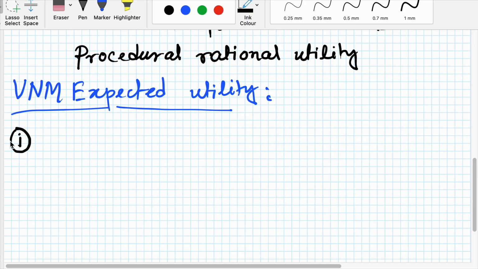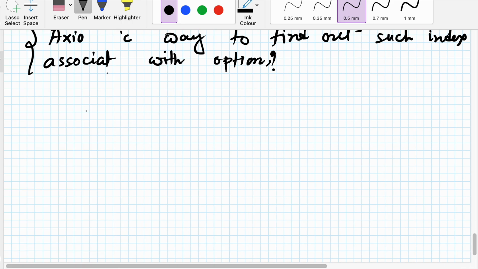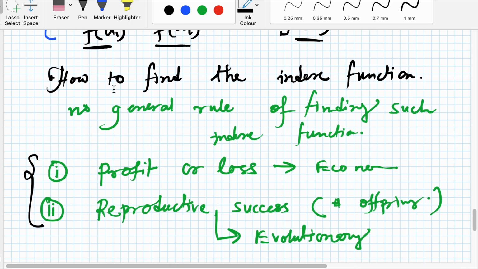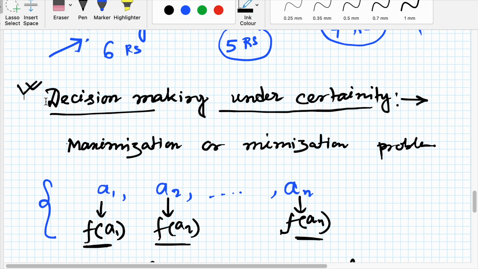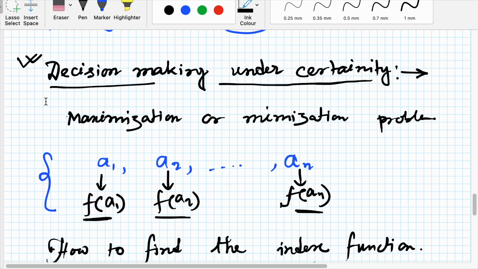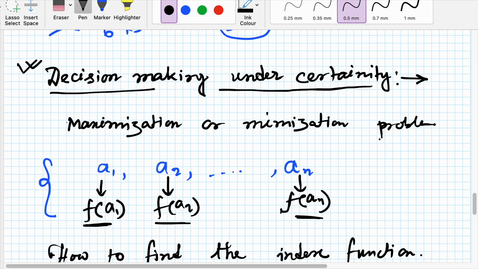As we previously know, if I go back to the previous lecture, where we ended: decision making under certainty and decision making under uncertainty. Decision making under certainty is a part of VNM utility theory, where we have said that it ultimately boils down to the maximization or minimization of some index function associated with options,